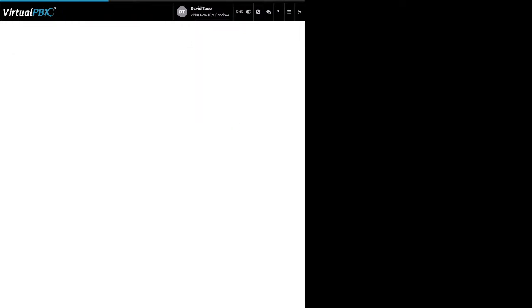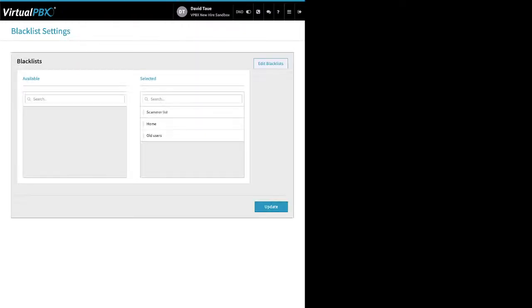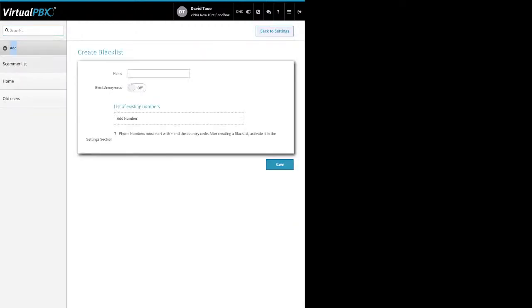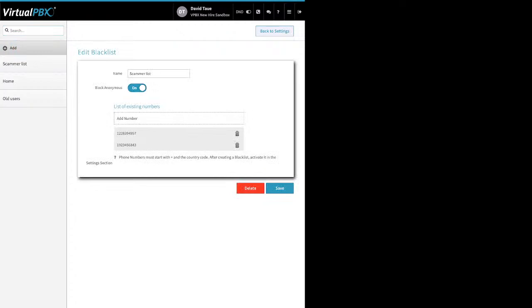Next up, we have blacklists. This is an included feature. This allows you to create a list of phone numbers that you are blocking from reaching your staff. So you would click Edit Blacklists, and then you would click Add if you're creating a new one. Otherwise, you would click on an existing one,